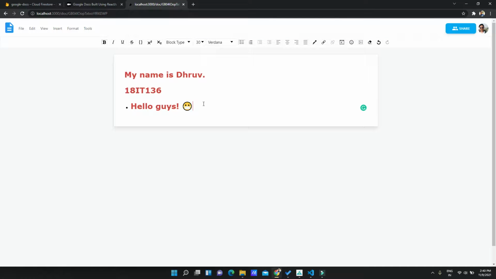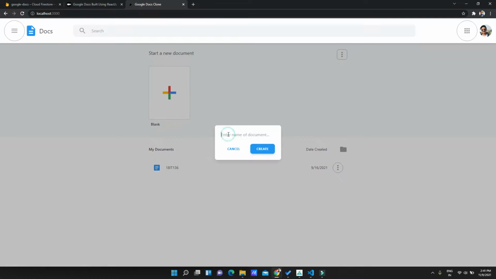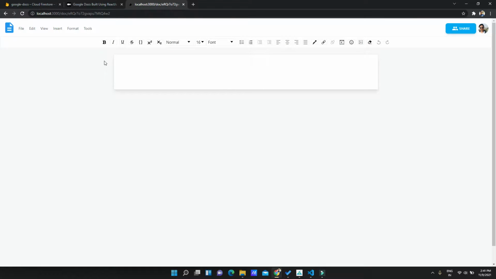This is the main functionality of Draft.js. And we can also create a new document by clicking on blank. Let's say we want to create a document 1. So we create it, and it will create our document here.